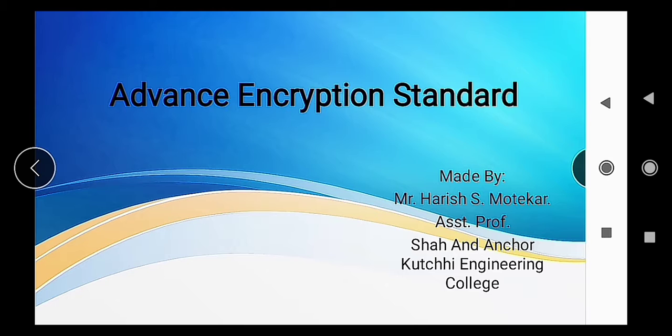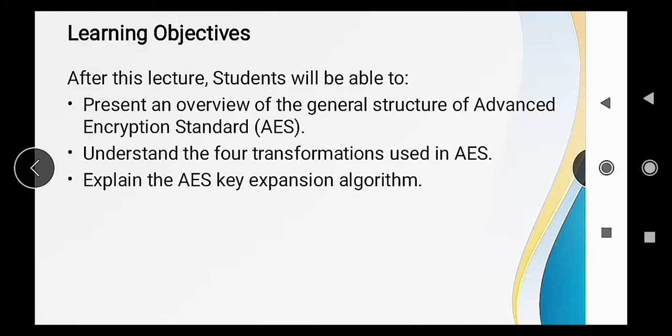Now in today's session we are going to start with the Advanced Encryption Standard, which is again a block cipher technique. The learning objectives for today's lecture are: the student will be able to present an overview of the general structure of the Advanced Encryption Standard.